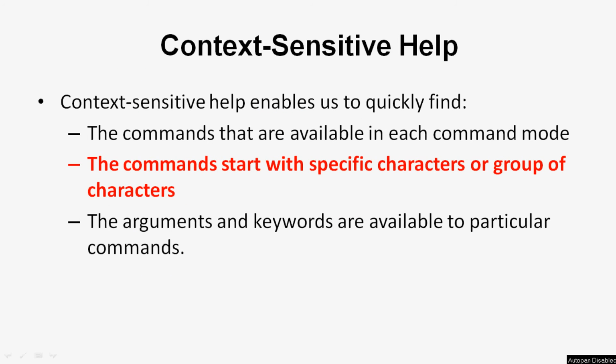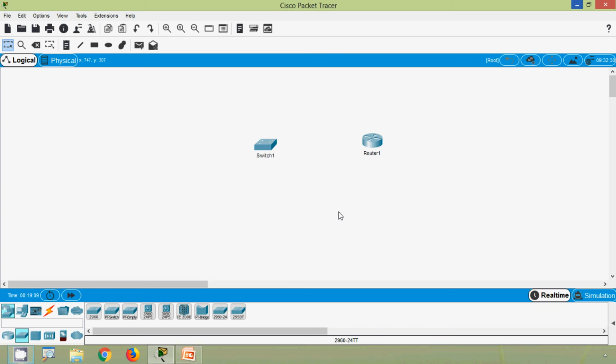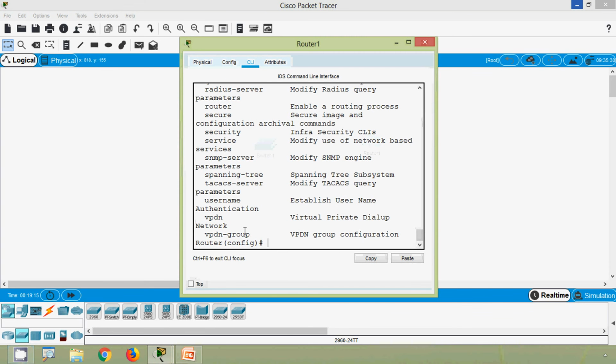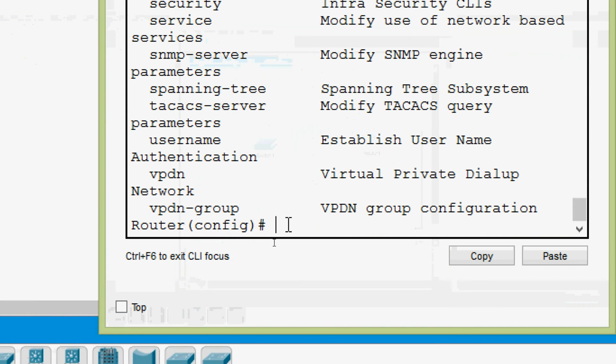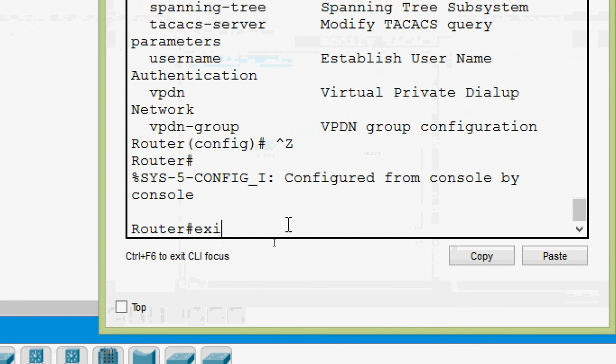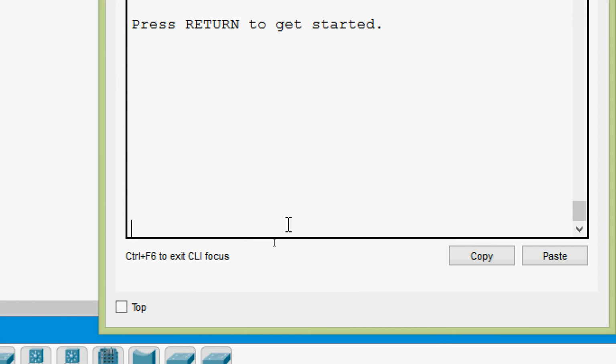Coming to the next one, using this context sensitive help, we can find the commands that start with specific characters or group of characters. We will see this using our Cisco Packet Tracer. We will go to our router CLI, and here I am going to exit. Press return to get started. Now we are in